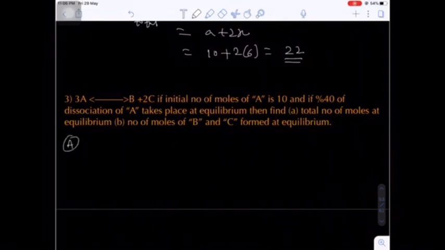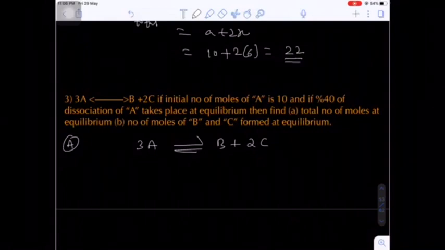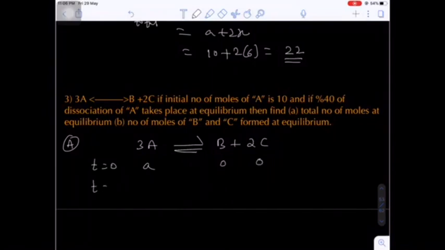Next, one more question is there. What is the question here? 3 moles of A at equilibrium, 1 mole of B and 2 moles of C. Are you getting my point? Now initially I told you how many moles of reactant should be taken? Small a moles. Okay. Now at equilibrium, how many moles of reactant decompose? Let's suppose x moles. According to which here x mole, stoichiometry of A 3. According to this 2x mole C, stoichiometry 3. So 2x by 3 moles of C will be formed.